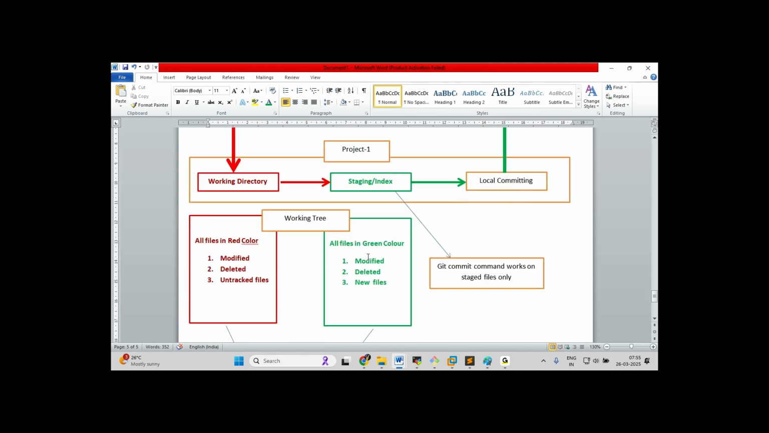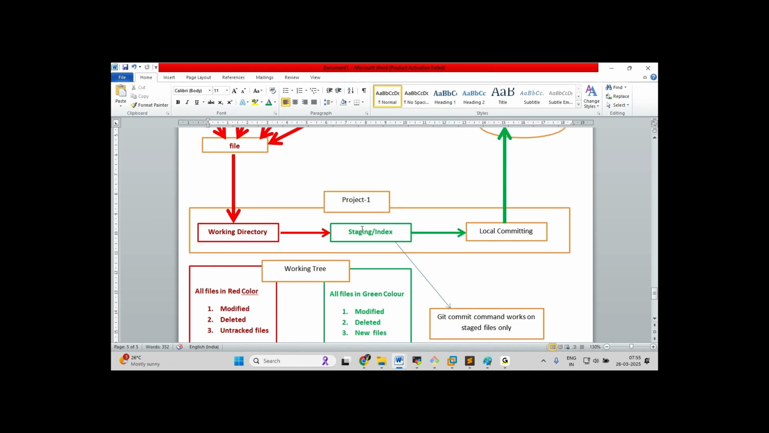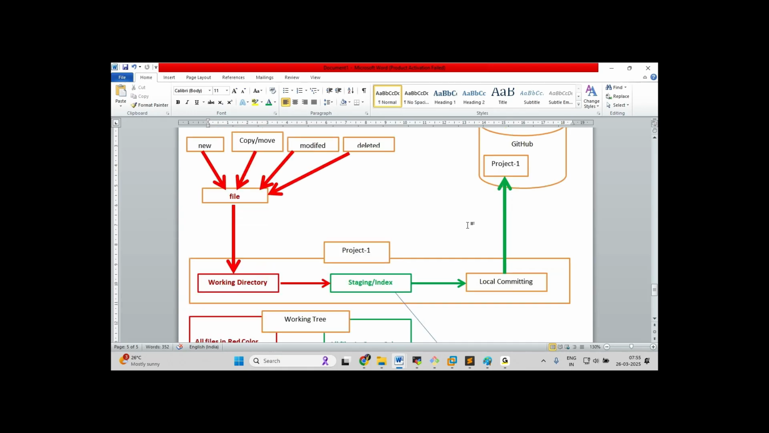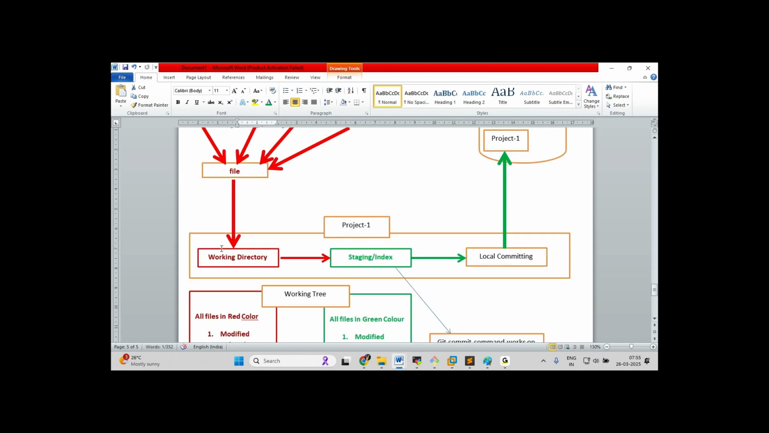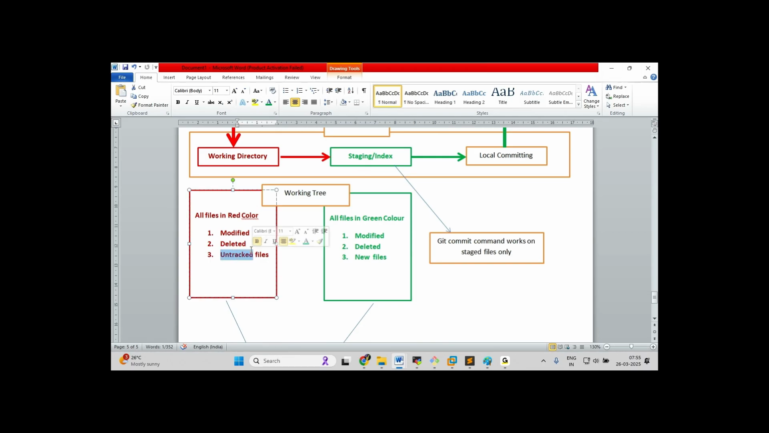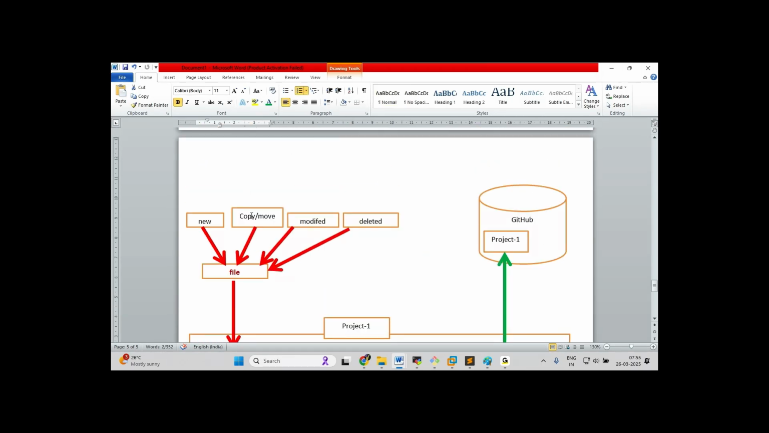Once everything is okay, then we can send to stage, then we can commit, then we can upload into the GitHub repository. Of course, in the upcoming class we will see once again clearly. So today we are seeing this one. If you create a new file, by default it comes into untracked. If you copy or move a file from one location to